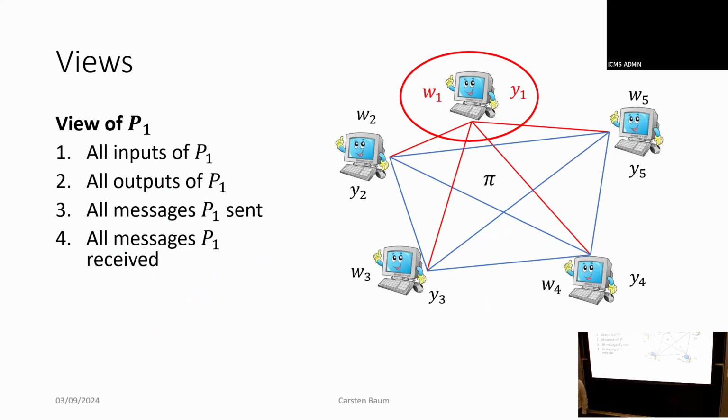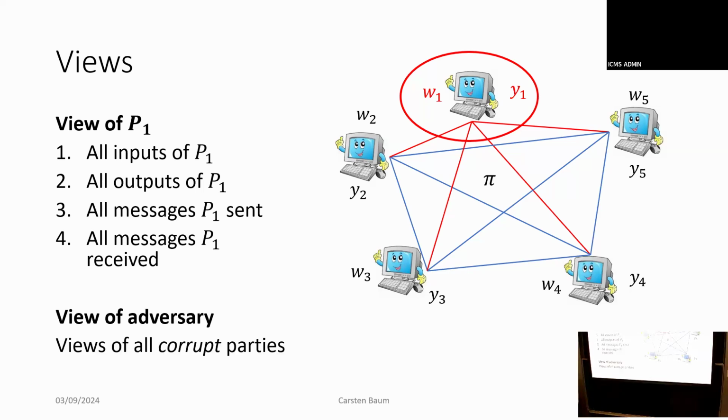Anyway, yesterday we talked about the view of a prover or the view of the verifier, which are the messages and the randomness of the party when you start. You can make a similar definition of a view of a party in multi-party computation. For example, the view of party 1 is the input of party 1, the output of party 1, and all the messages it ever sends and receives. We just call this thing a view. And if you're an adversary, the views that you know are all the views from the parties you have corrupted.